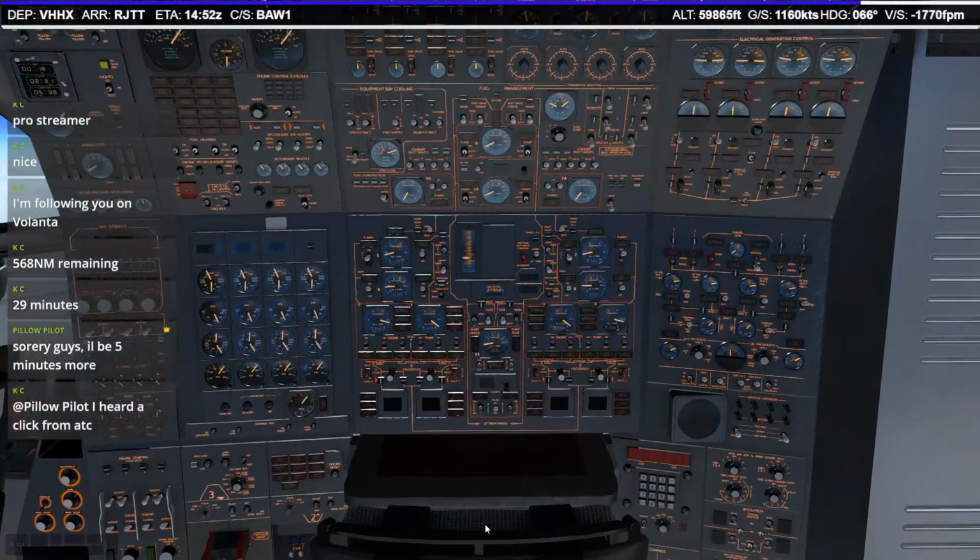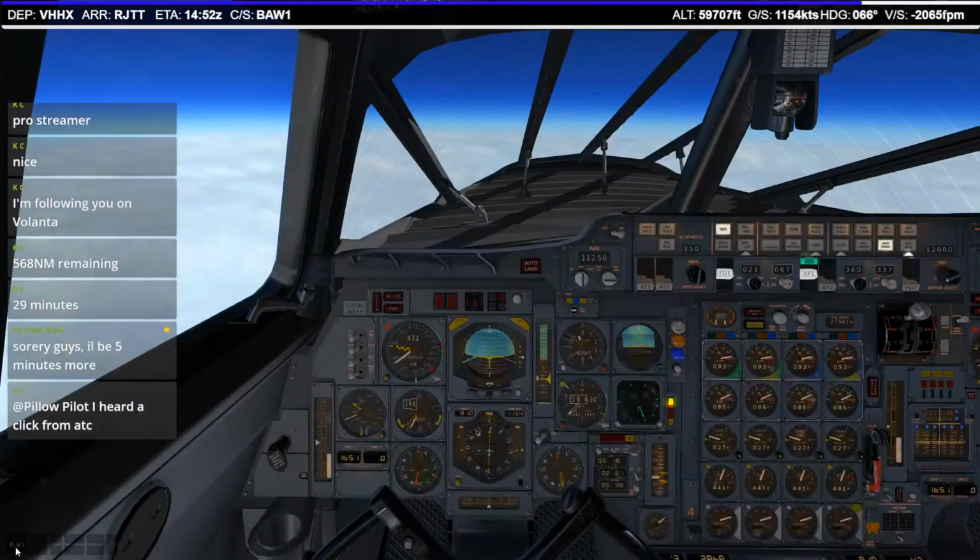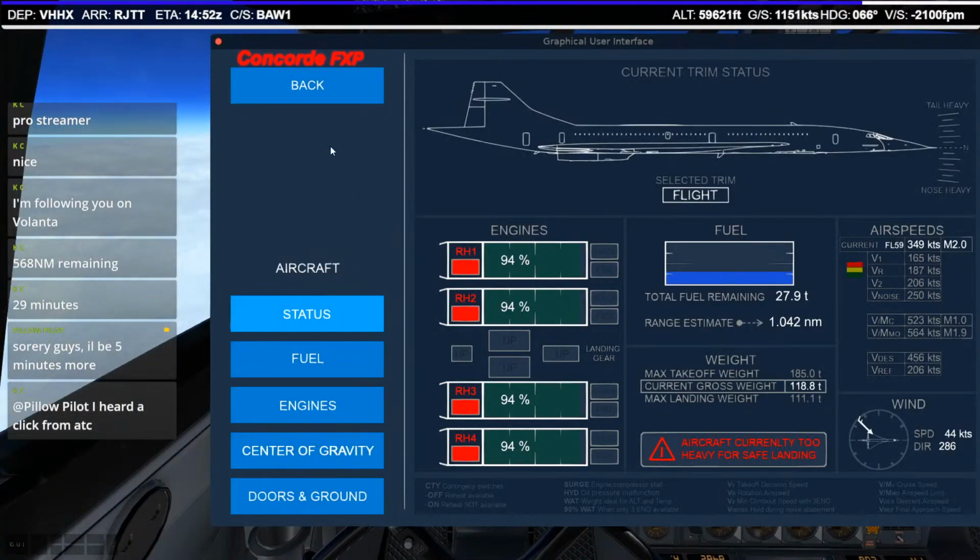And as we start to descend, we'll have to get the heaters on, as and we see fit. 27 tons of fuel left. Still too heavy to land. I need to burn at least 7 of them, so...